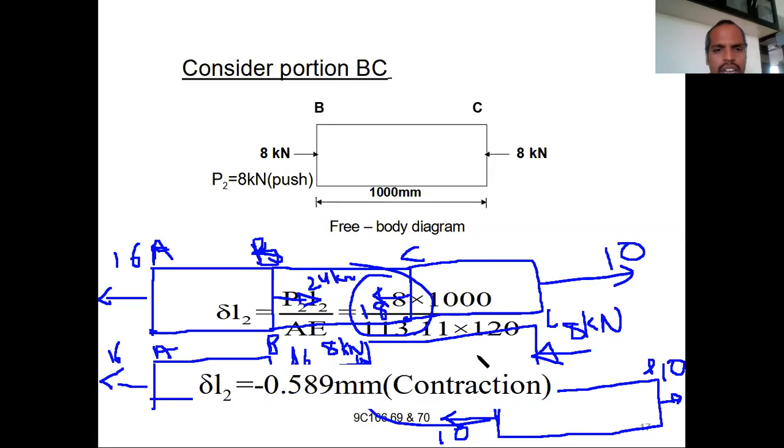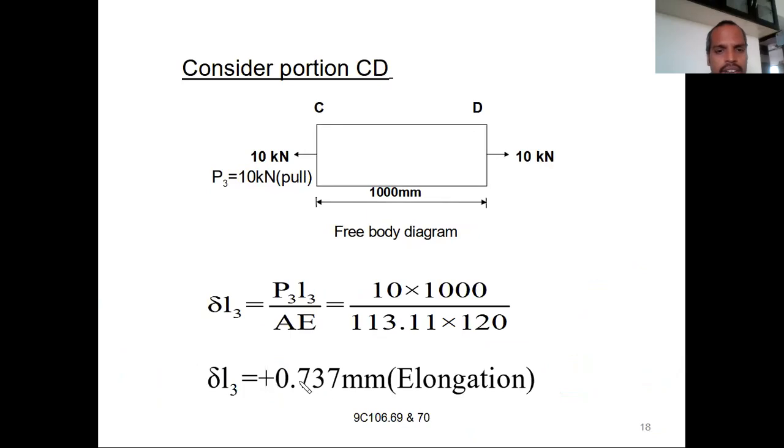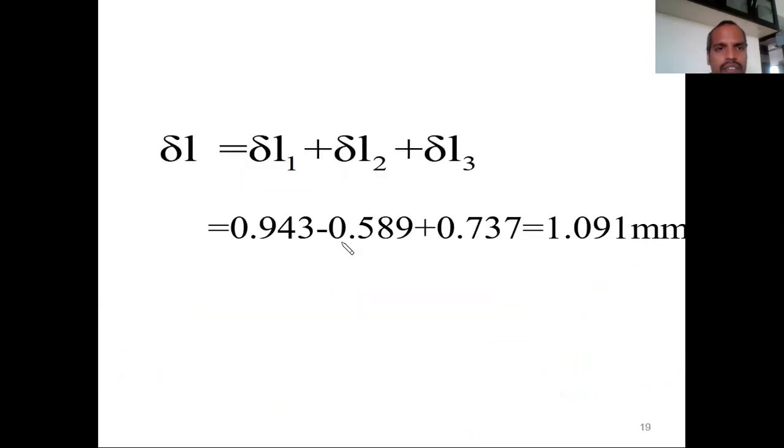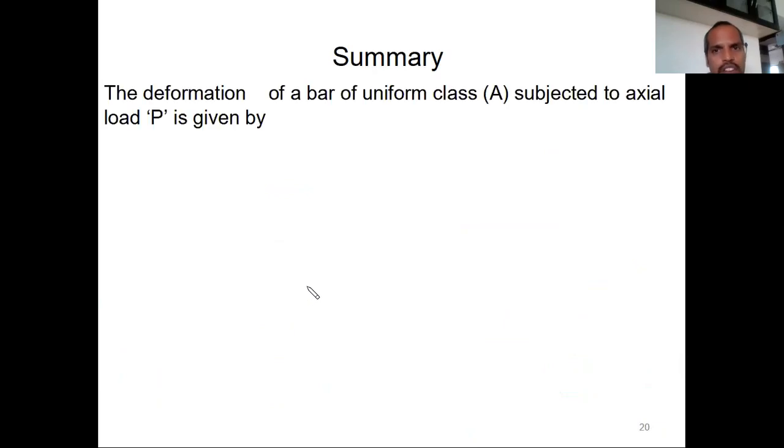Now then calculate the delta L2, delta L3. Why we are taking minus? It is because it is subjected to compressive load. That's why we are taking it as minus. And the third part is subjected to tensile load, that's why we are taking it as plus. So for calculation of delta L, you consider the plus and minus signs into account. Then calculate the change in length. This is plus, this is plus, this is minus. That is nothing but the deformation of the bar, equal to 10.09 meters. Right? That's how you have to solve the problems.